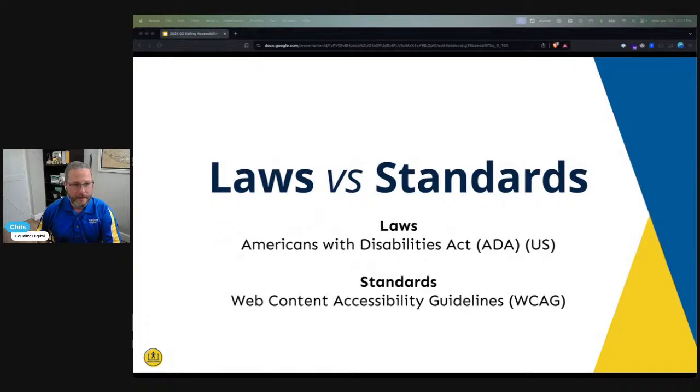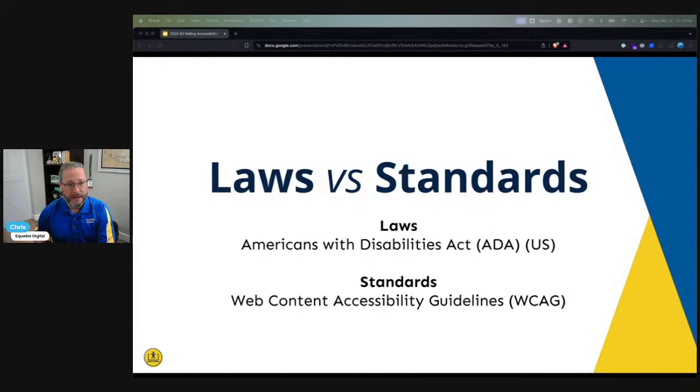Well, there's laws and then there are standards. So, I want to talk again about this very broadly. So, there are a lot of laws, both US and abroad, and laws are passed by national, state, and municipal governments. Some examples of that might be the Americans with Disabilities Act here in the US, or also in the US, the Rehabilitation Act of 1973, particularly in that Section 504 or Section 508. In California, so state level, you have the Unruh Civil Rights Act, UCRA. In Canada and Ontario, you have the Accessibility for Ontarians with Disabilities Act. And there's many, many more in countries, municipalities, states, just across the globe.